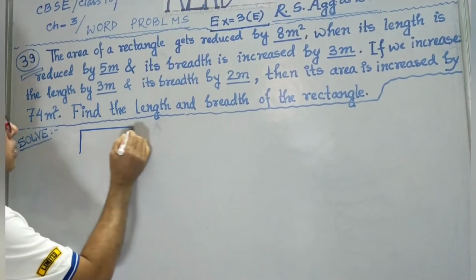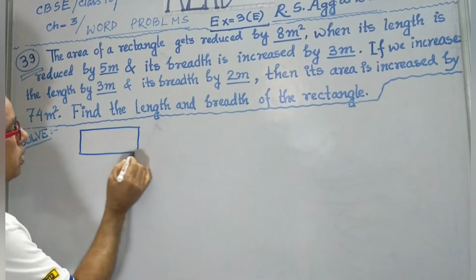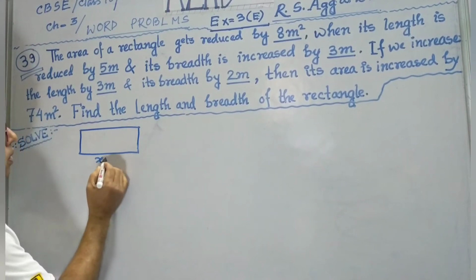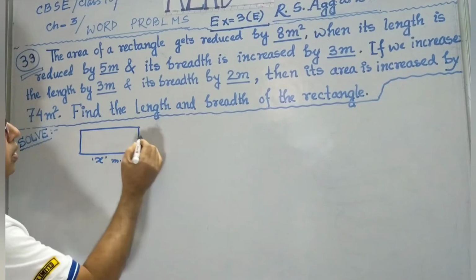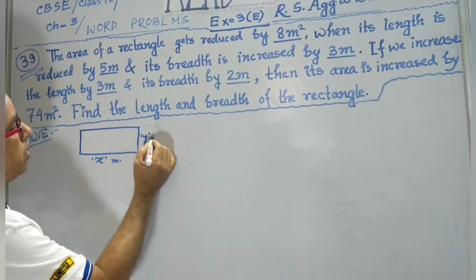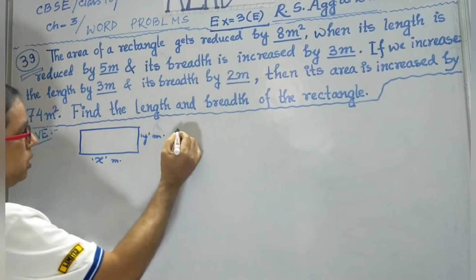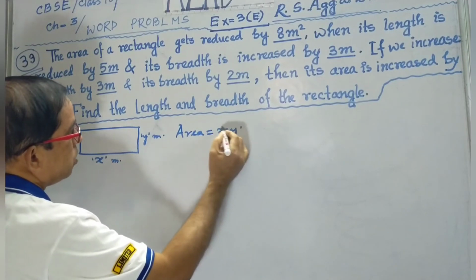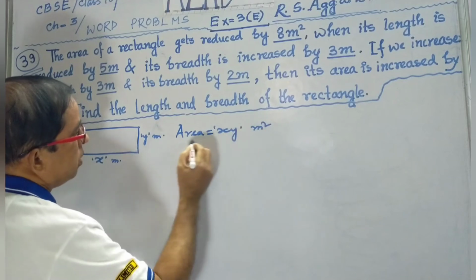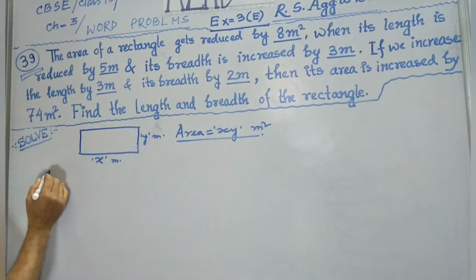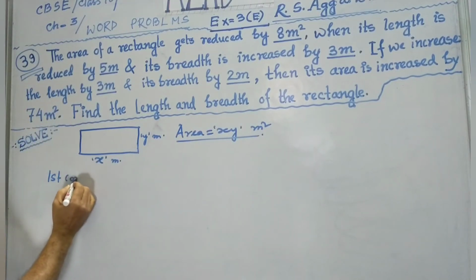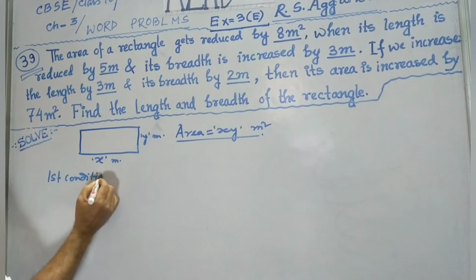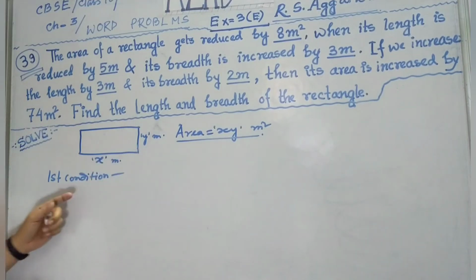Suppose this one is the rectangle. Length is x meter and breadth is y meter. Then tell me what is the area? Area is xy meter square. And what is the first condition? According to first condition,